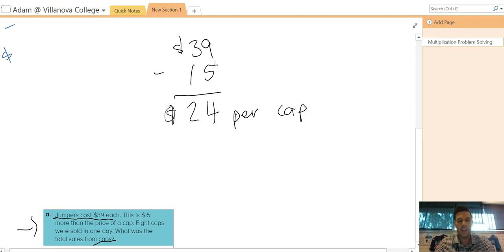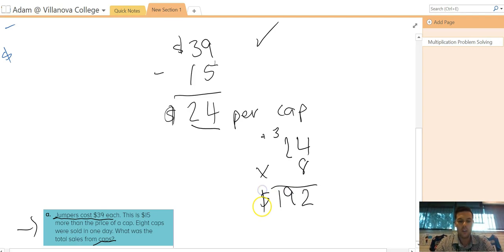Cool. Now, that's not our answer. That's just the first step. So there's 1 mark for your test. The next step is to go 8 caps were sold in one day, so you need to multiply 24 by 8. 8 times 4 is 32, carry the 3. 8 times 2 is 16, plus 3 is 19. So the total sales for the caps is $192 in one day. And that would be your second